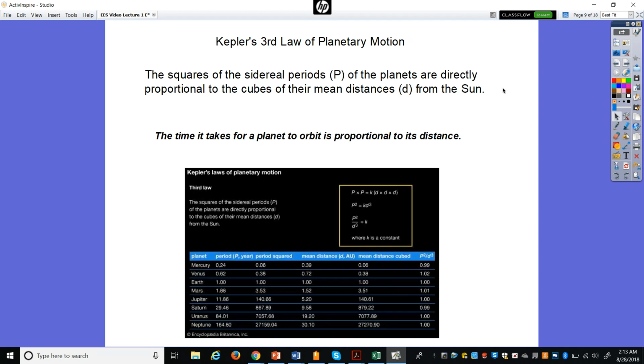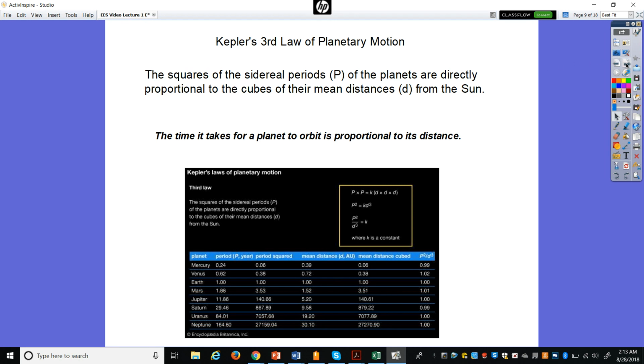The third law states that the squares of the sidereal periods P of the planets are directly proportional to the cubes of their mean distances D from the sun. Okay, so that means the time it takes for a planet to orbit is related to its distance. And you can see all of this has been calculated.